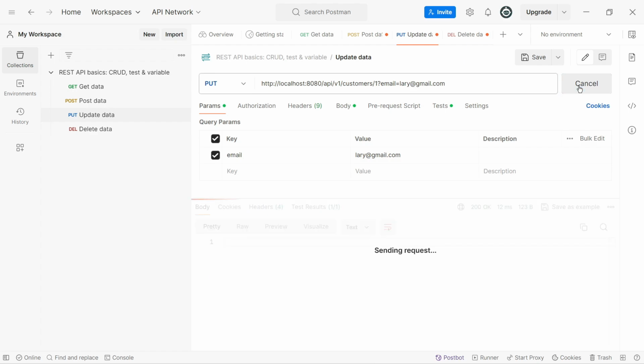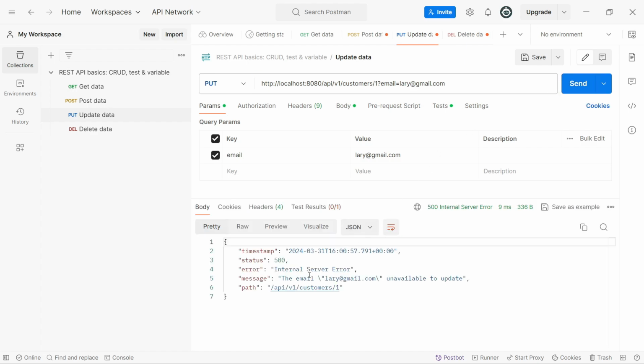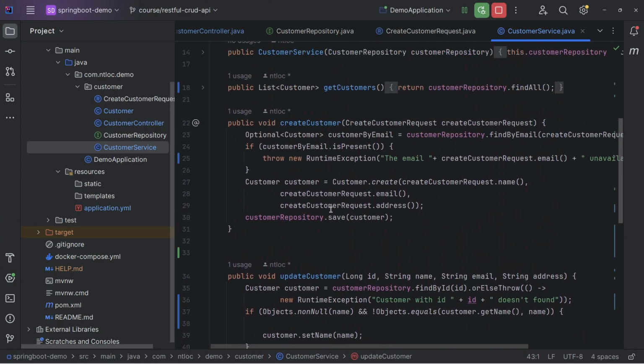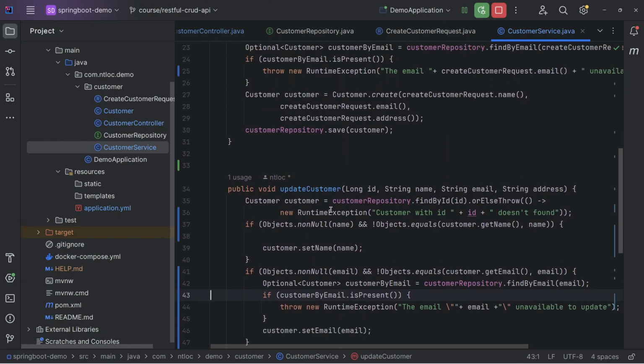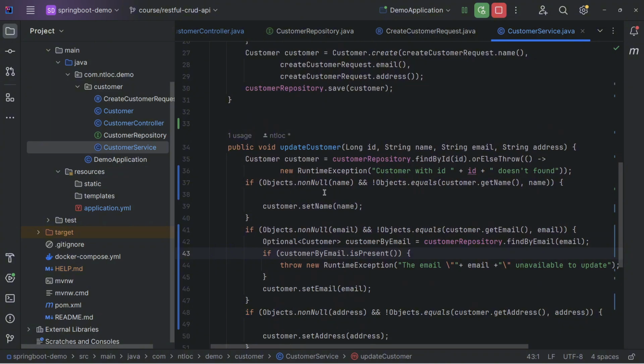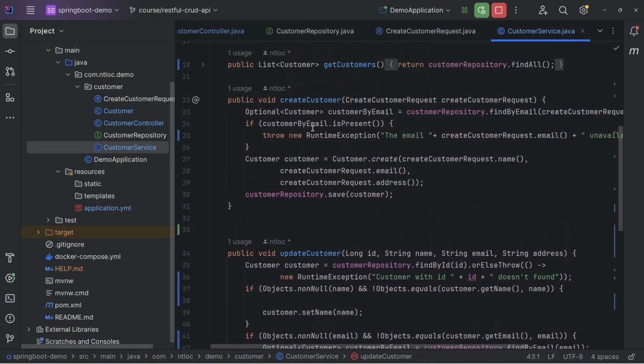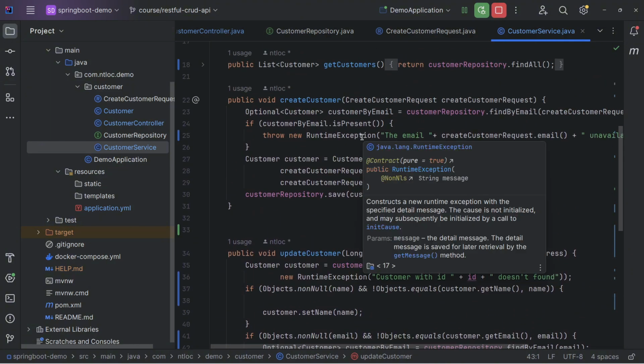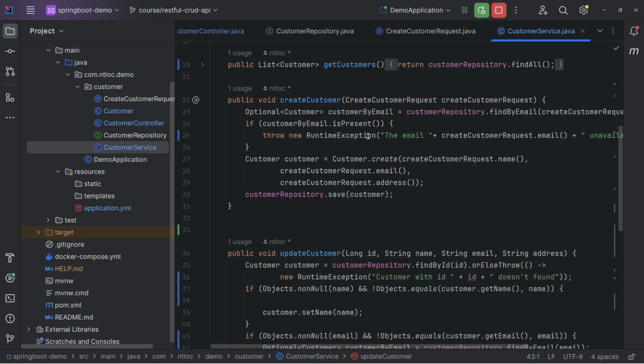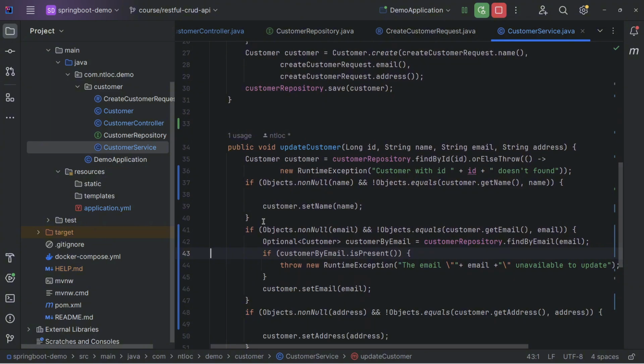Click on send. You can see here the email Larry@gmail.com is unavailable to update. So now we have successfully handled the real use case where we check whether the email is already present in the database or not. Then we throw the exception, and if that's not the case, we allow the business logic to keep going.